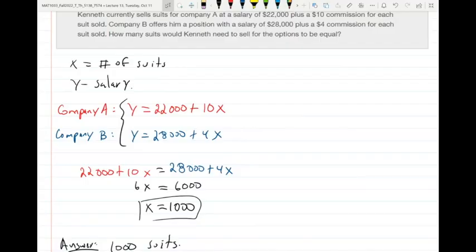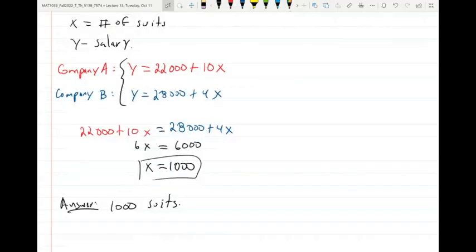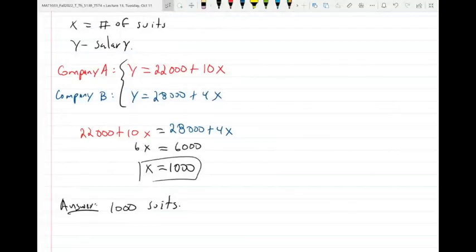Okay. Now, if you know that you never made this, because at the beginning you start higher here. This is more, right? The Y intercept is big, it's 28,000. So if you sell around 500 suits a year or even less, probably you should go with the new offer and then leave the company. Okay. So of course there are other factors that you need to consider, but anyways. Okay. Any questions? No? All right. So